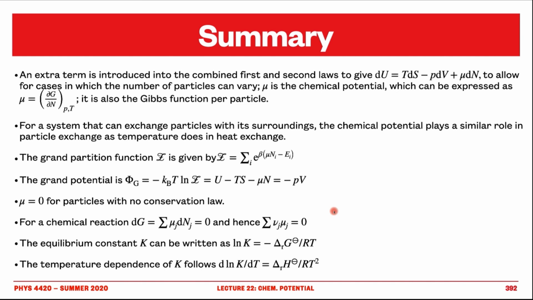The main thing is that we had to introduce basically a new term, mu dN, the chemical potential. And we just had to rework all the math and introduce a new ensemble, the grand canonical ensemble. And by doing that, we were able to understand all those thermodynamic processes where we can exchange a number of particles, or we can exchange the type of particles. And that allowed us to also understand the osmotic pressure and the osmotic force, which is not a force due to the change in energy, but due to the fact that the system is trying to